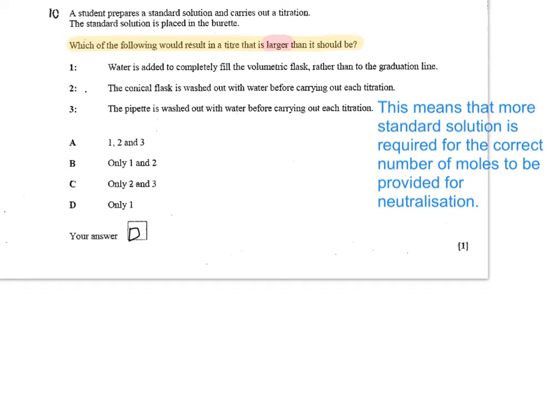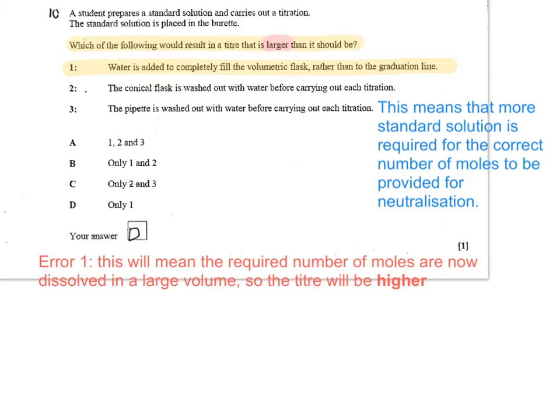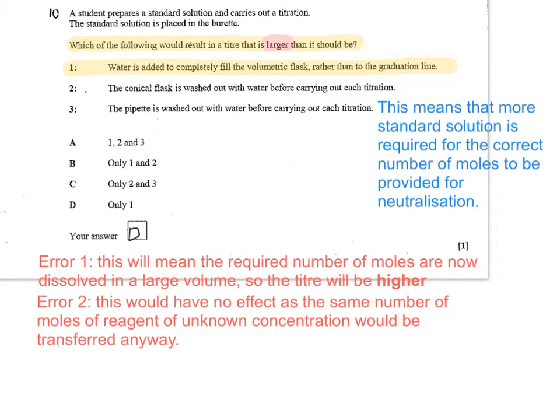So D says only one. What will be the consequences of completely filling the volumetric flask rather than to the graduation line? So let's now look at error number 2. So if we're looking at the conical flask is washed out with water